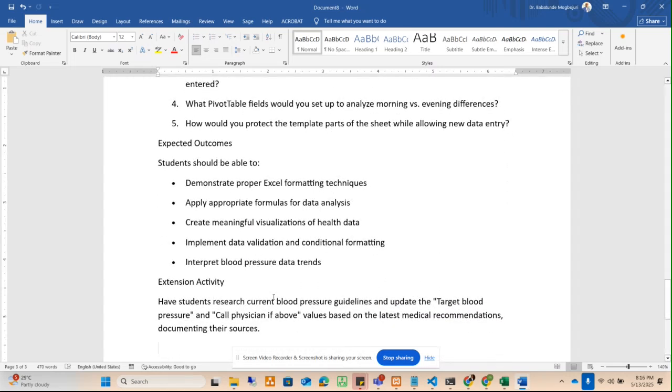So what are your expected outcomes? Students should be able to demonstrate proper Excel formatting techniques, apply appropriate formulas for data analysis, create meaningful visualization of health data, implement data validation and conditional formatting, and interpret blood pressure data trends. Then for other activities, have students research current blood pressure guidelines and update the target blood pressure and call physician if above values based on latest medical recommendations,